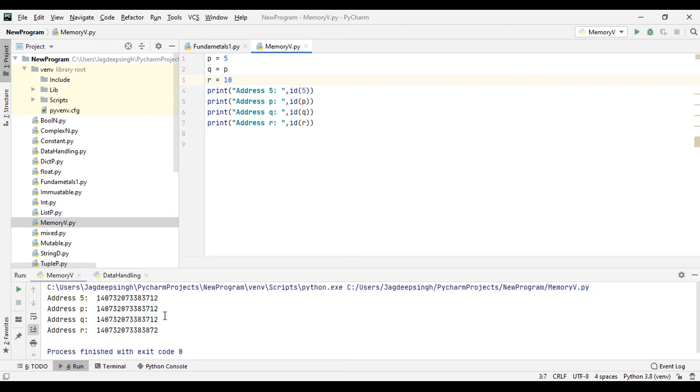So as you can see here, we have the address of 5, which is the same as the address of p and q.